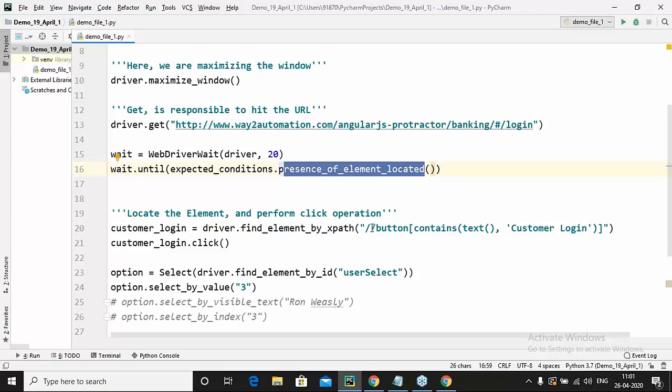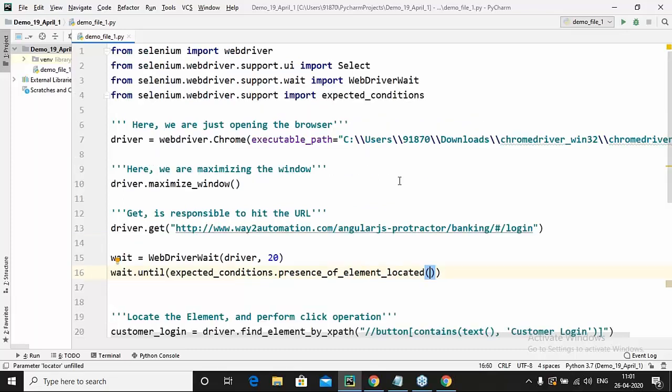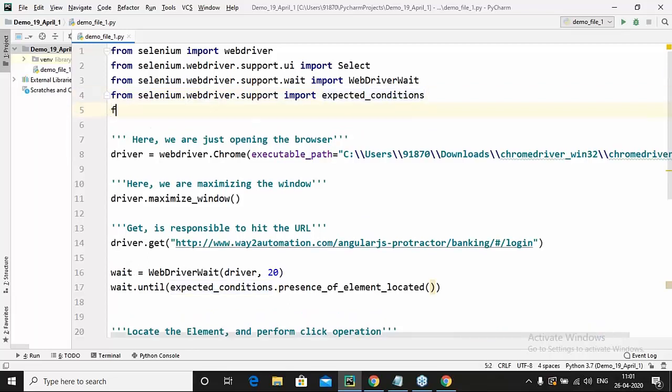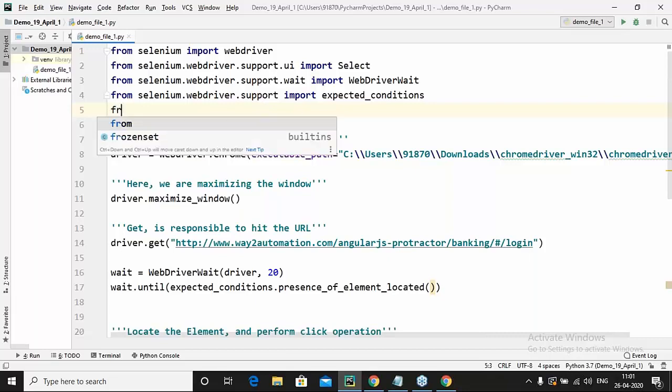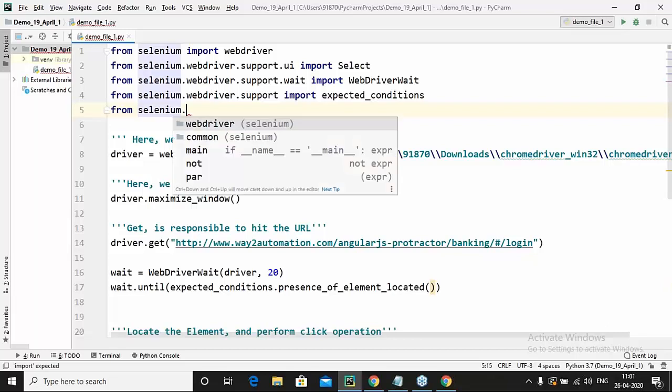Okay, so to do this, normally we locate an element with a driver function itself, which is find element. But when we use wait, we use a different function. That's the syntax. We say from selenium.webdriver.common.by import By.